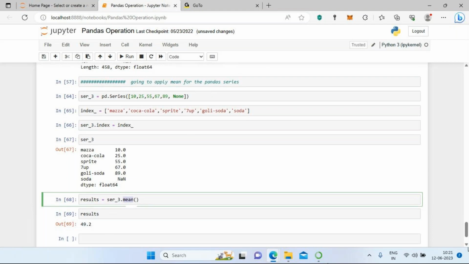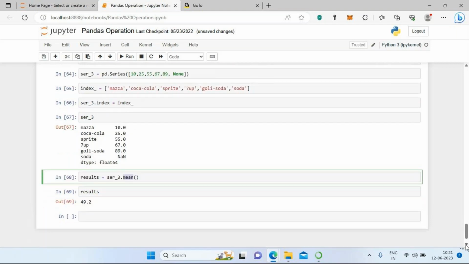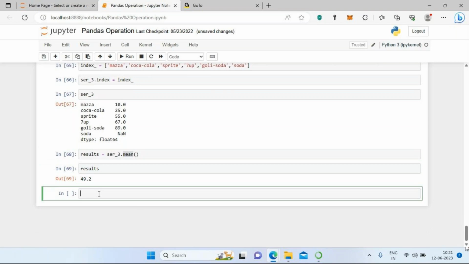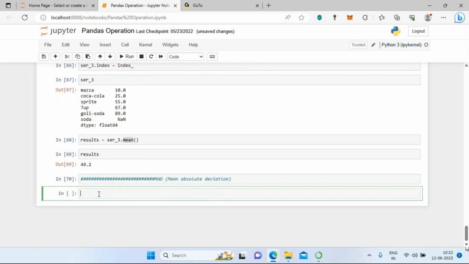The last requirement we're going to see is called MAD, mean absolute deviation. This is one kind of statistical information you can gather for doing machine learning models. MAD stands for mean absolute deviation. Okay, the expansion is mean absolute deviation. The formula I'm going to mention here is